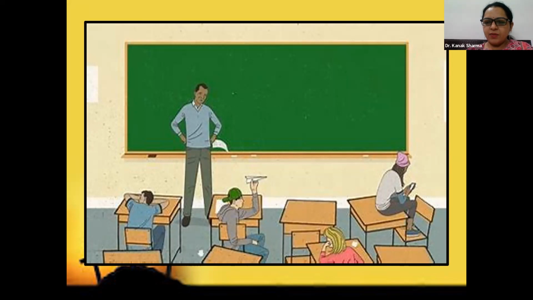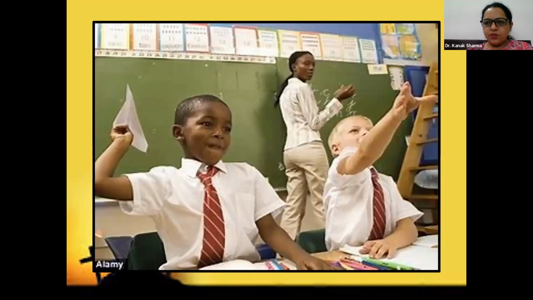One is playing with mobile, one is playing with aeroplane, one is sleeping, like this observation. And in this second picture, the same observation, that teacher is not there, but the students are somebody is